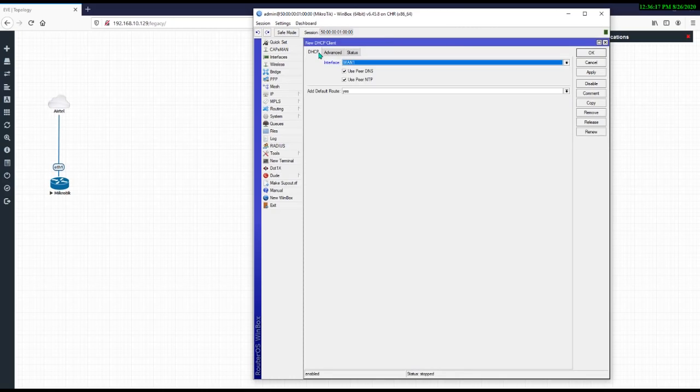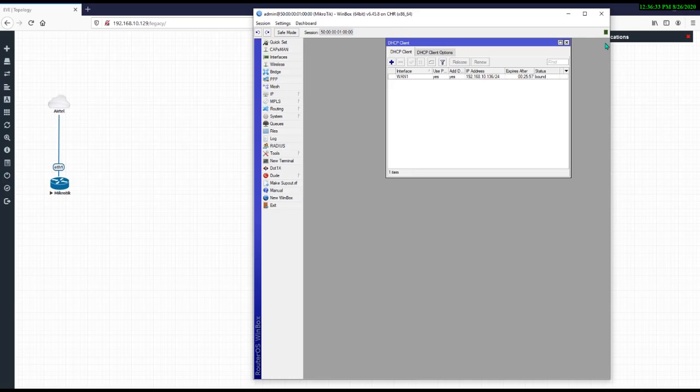If you have a second interface, a second IP address, a second internet connection, and you have terminated it on your Ethernet 2, just click here, apply and OK. The second port will get the IP address automatically from the second internet connection. Okay, and if you have a static connection, what will you do? I will let you know. Just take a 2 or 3 minute rest and revise all these things, then we will start the configuration again.